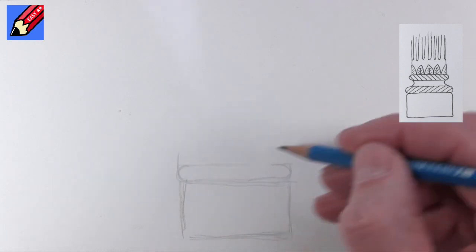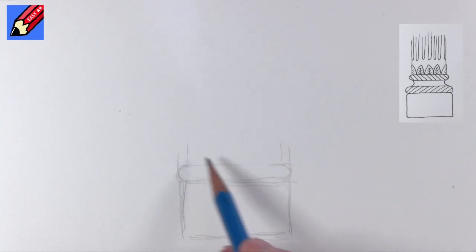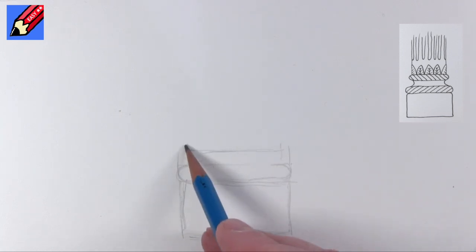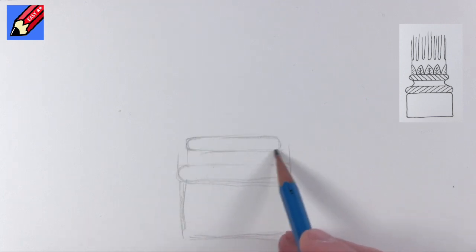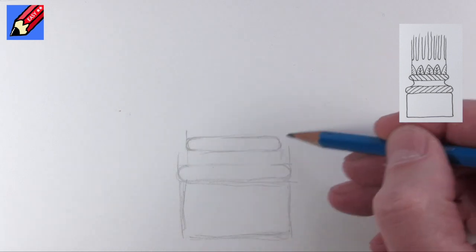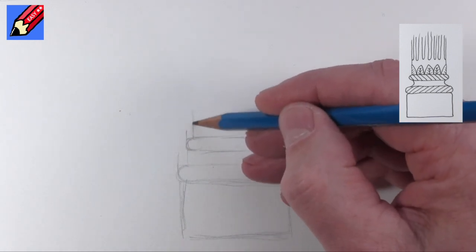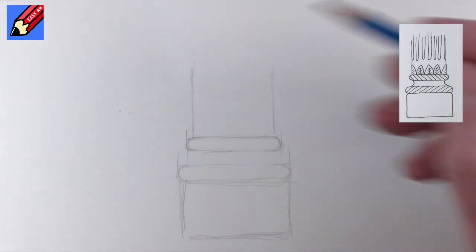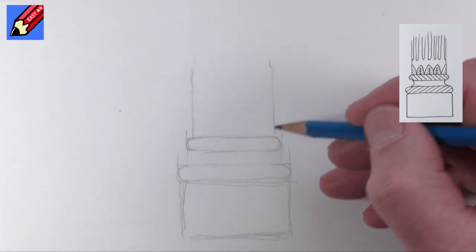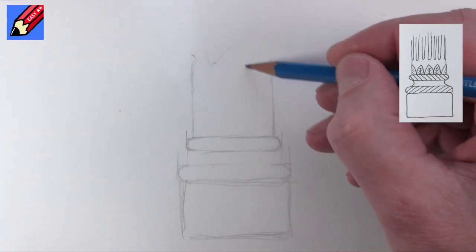And then if that's going up there, we want to come in a little bit to about there, and about the same distance across like that. And then we want to draw another sausage on top of that, so it's coming in that bit, just that bit shorter, and then the column itself will be going up to meet the capital at the top, not the capital city but the capital of the column, and we're just going to cut that